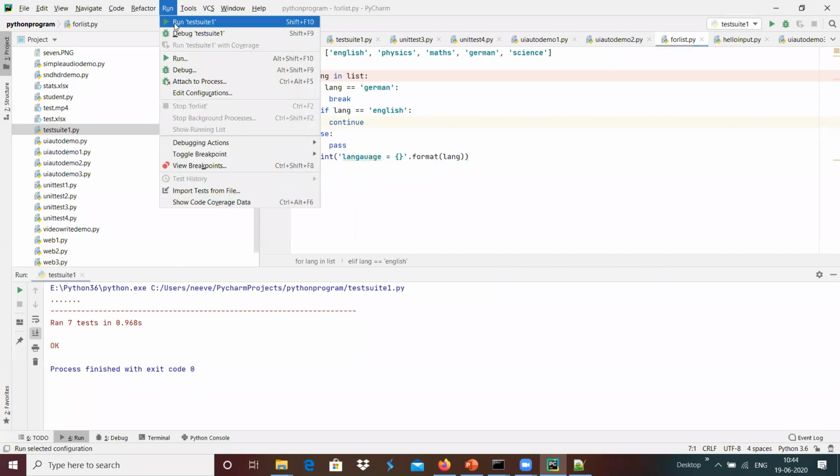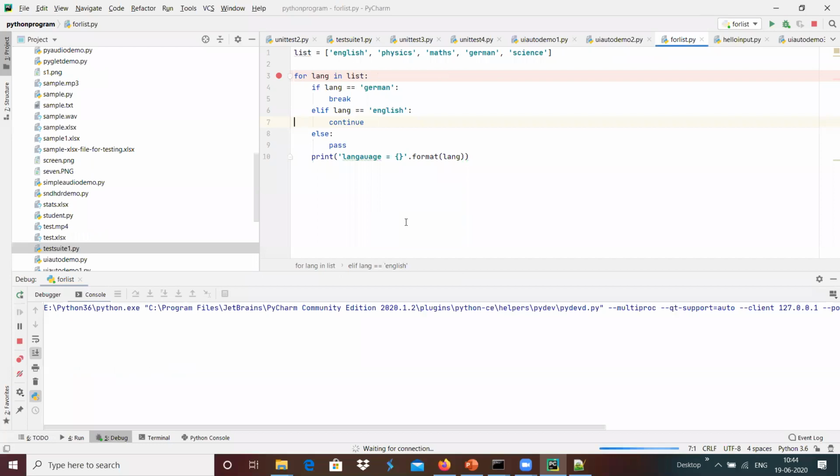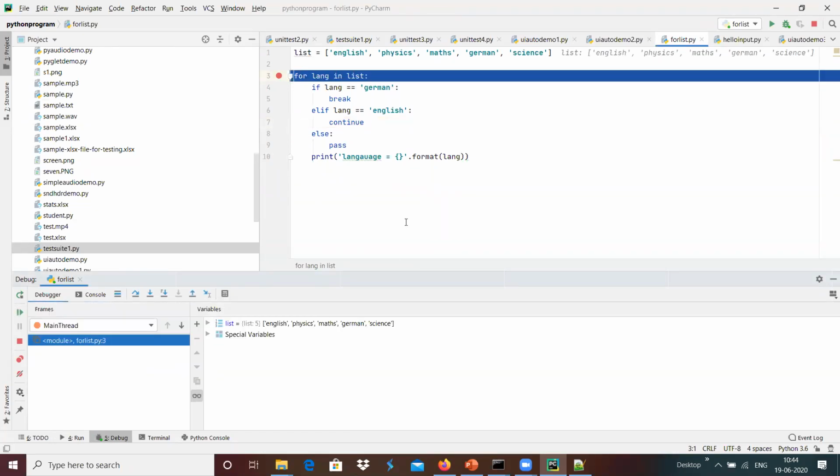In order to do that, I'm going to run debug for the for list. Whenever we want to stop during debug, we can put a breakpoint.